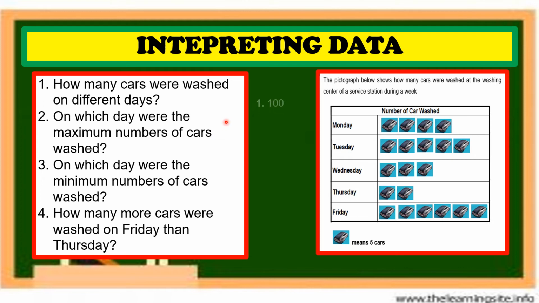The answer is 100. On which day were the maximum number of cars washed? Maximum, that is Friday. On which day were the minimum number of cars washed? Minimum, Thursday. How many more cars were washed on Friday than Thursday? This is for Thursday. This is for Friday. 5, 10, 15, 20. So the answer is